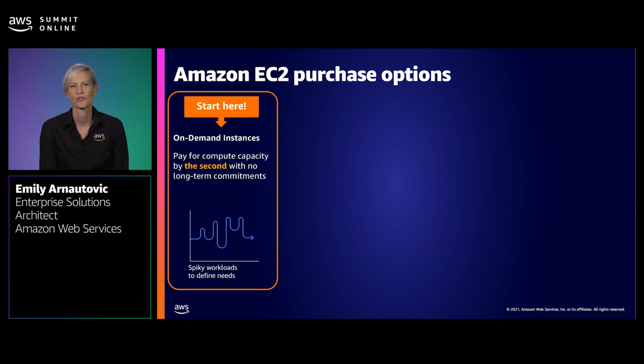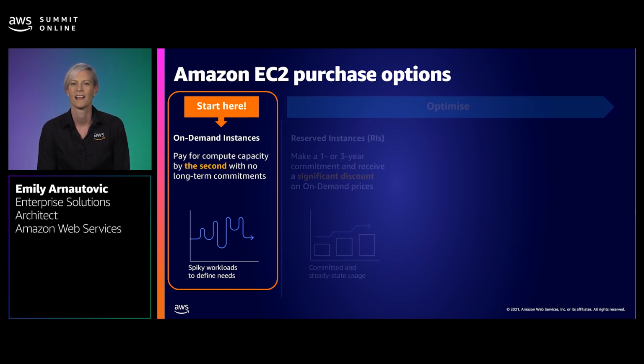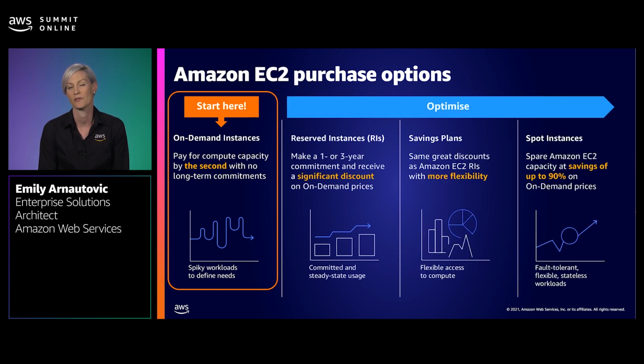There are different ways to purchase compute. All the options use the same underlying EC2 instances and AWS infrastructure across all AWS regions. When you're building a new workload on AWS, we recommend starting with on-demand instances. Later on, you can look to other purchasing options like savings plans or spot instances and further optimize. In Nikki's case, her team will first use those on-demand instances. As they come to understand more about their workload on AWS, they can consider other purchasing options. On-demand is the easiest way to get started.